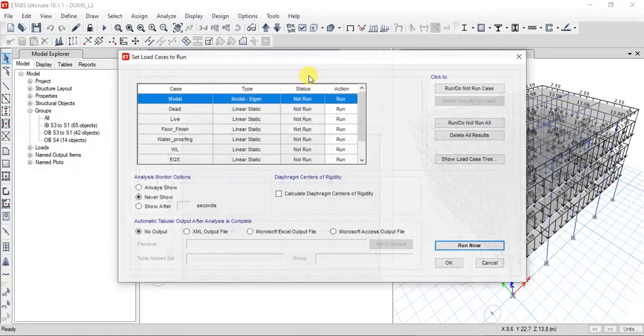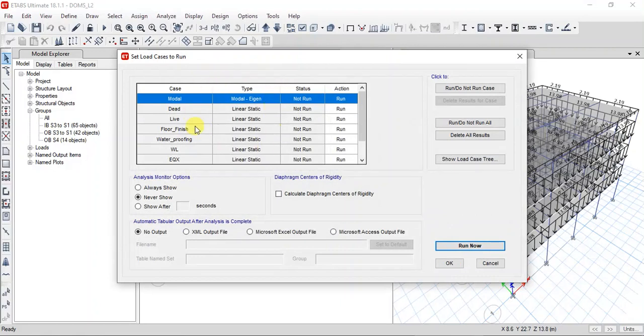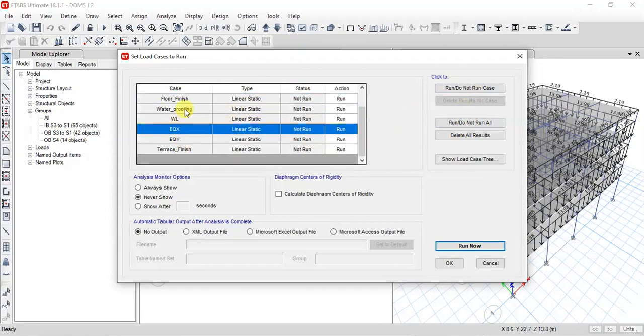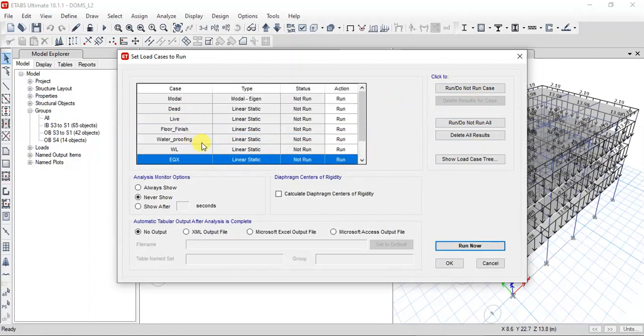You can also do the analysis based on the load pattern. You can stop running any one of these, wind load or earthquake load. That means the software will not consider the respective force. Then it will consider only live load and dead load, and do the analysis. You can run the analysis.